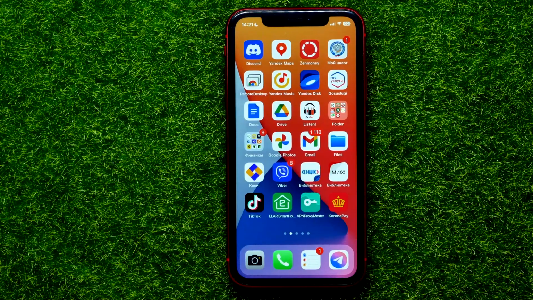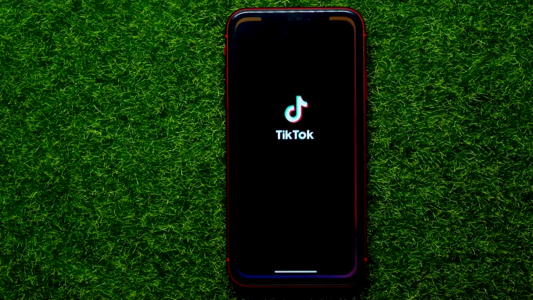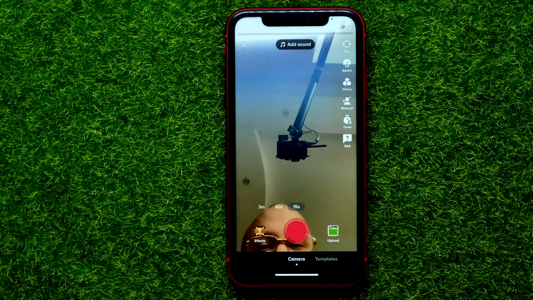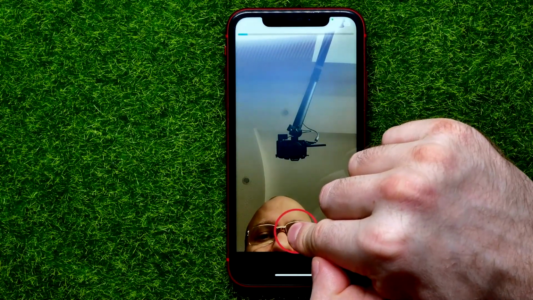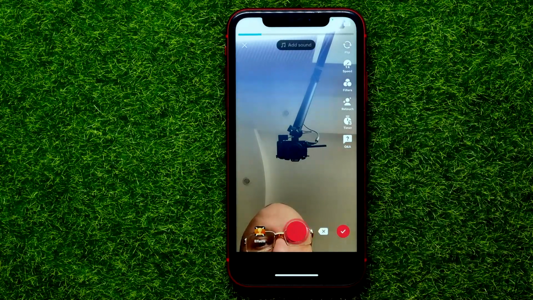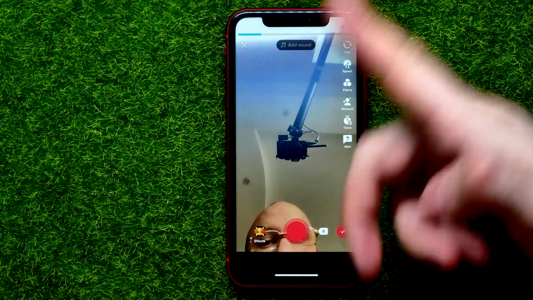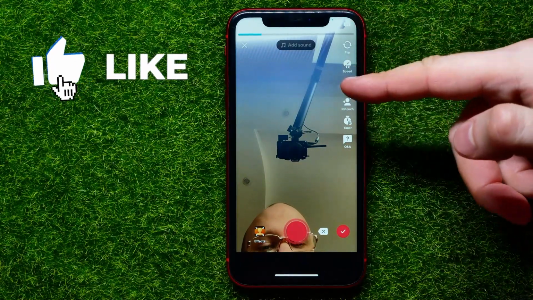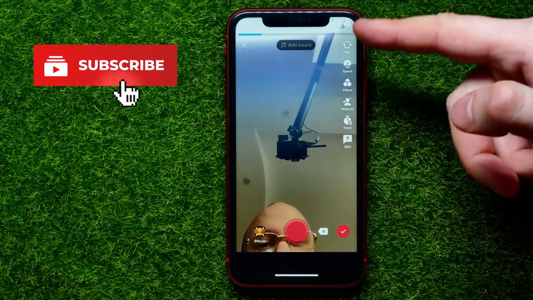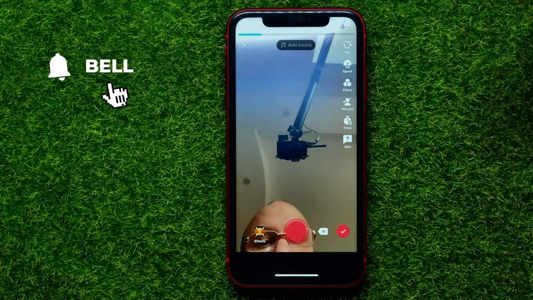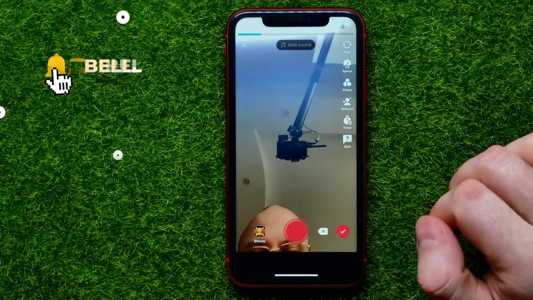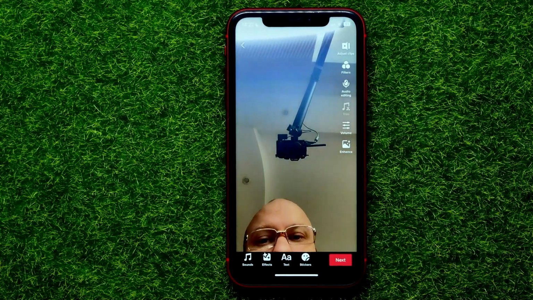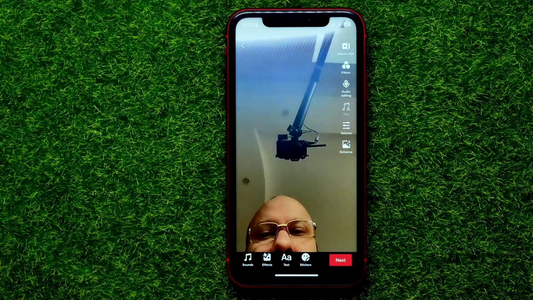So let's begin, and first open up the TikTok app. Then you can hit that plus sign and record a short video. Let it be a video just like that. Once you recorded it, you can edit it, you can change the filters or add some other effects like increase the speed of that video. And once you finished with that, you can just hit on that check mark icon to move on to the